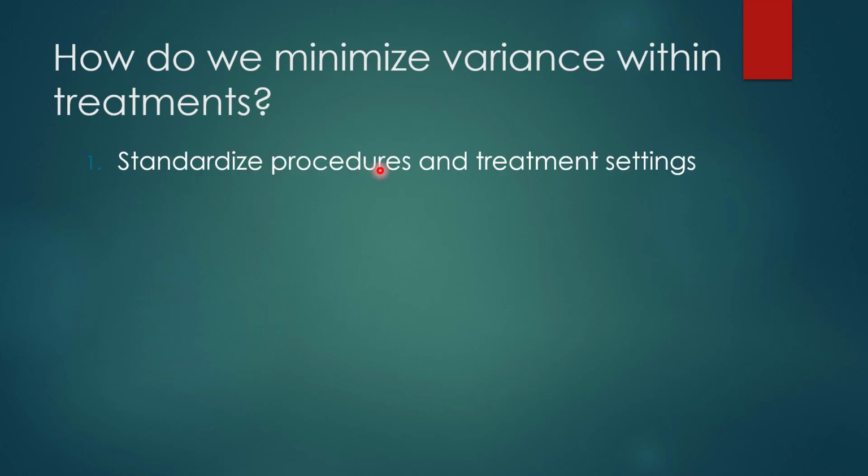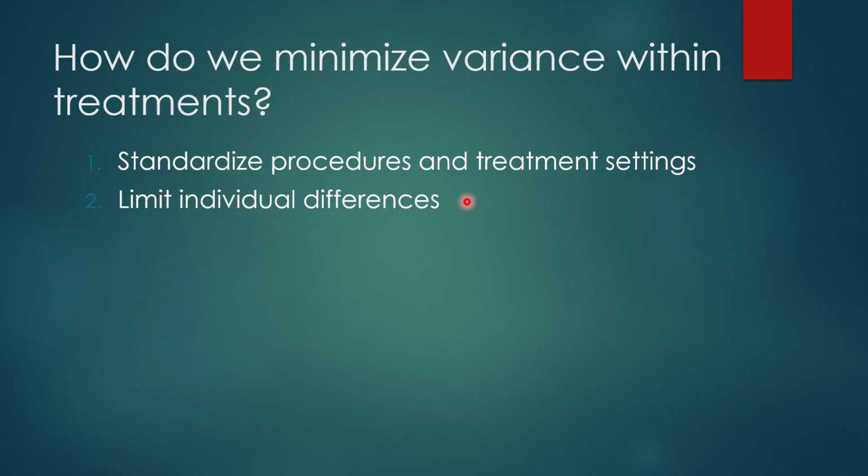We can standardize procedures and treatment settings like we've talked about, making sure that the lighting is all the same when you're doing an experiment, making sure perhaps the same person is giving instructions. If you're having them listen to music, making sure that the volume on the headsets or from the computer is the same each time. We try to limit individual differences,